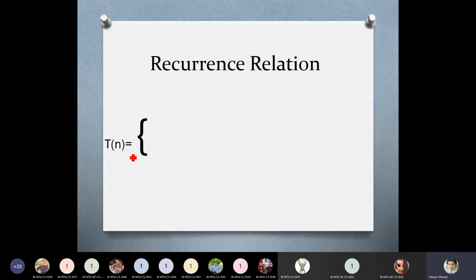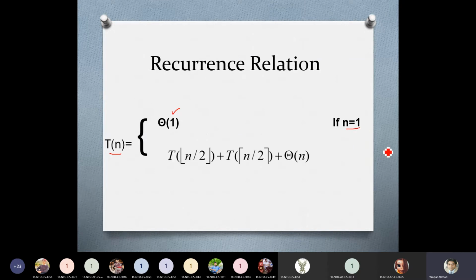The time of merge sort T of n is equal to constant time theta 1 if n is equal to 1. If n is not equal to 1, then we will call this function again.